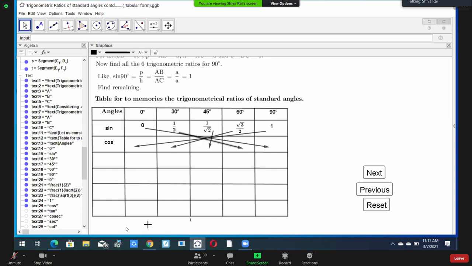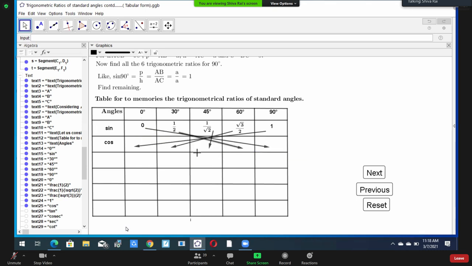So look here, from this arrow, value of cos 0 degree, this one comes here, and value of 30 degree, look at the arrow here, this value, root 3 by 2 comes here, and here for 45 degree, it just moves down, it didn't move to another column, just in the same column but down, and for 60 degree, the value of sine 30 degree goes here, and for 90 degree, the value of sine 0 degree goes here, like this.